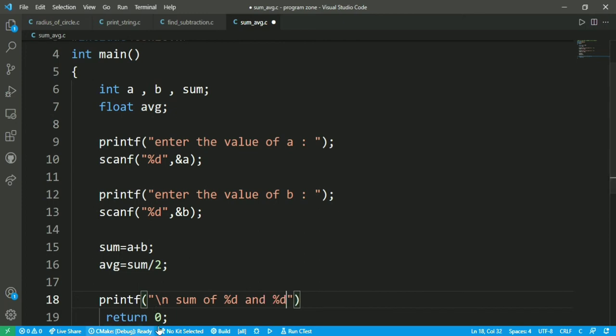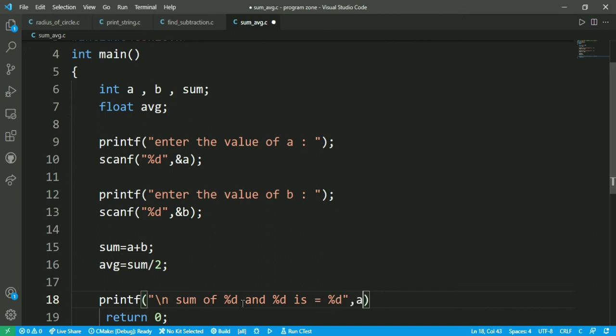The first %d stores the value of a, the second %d stores the value of b, and the third %d stores the result of a plus b, so don't get confused.